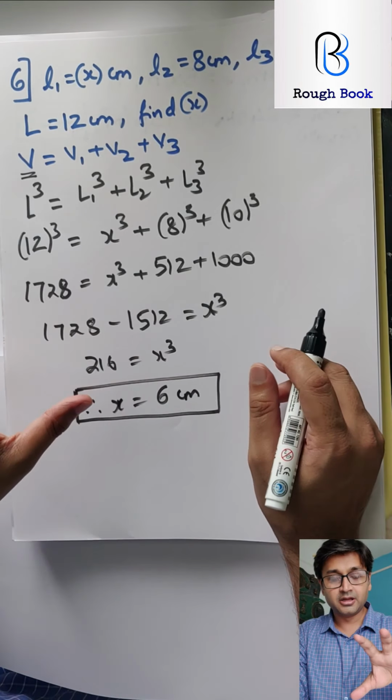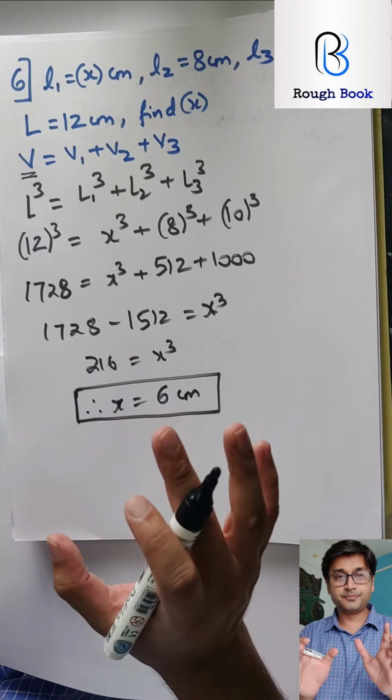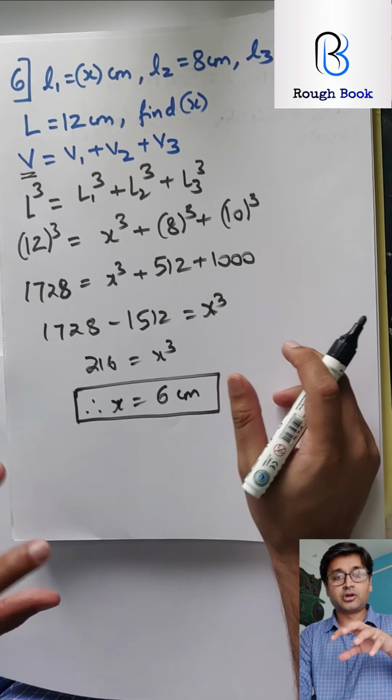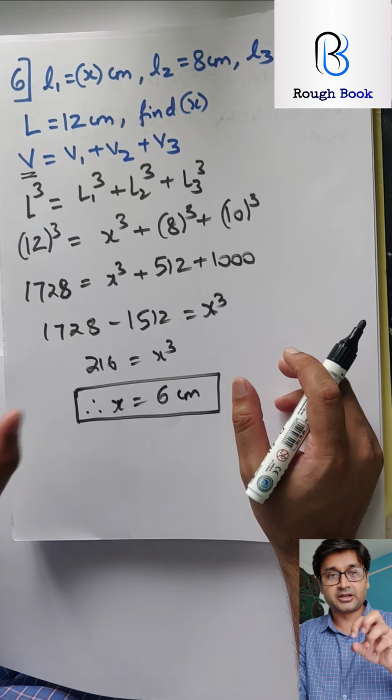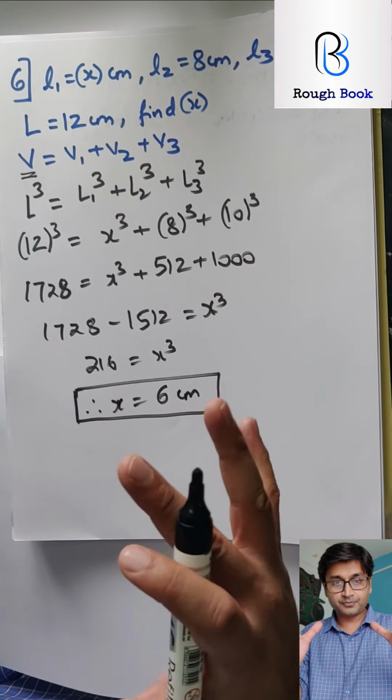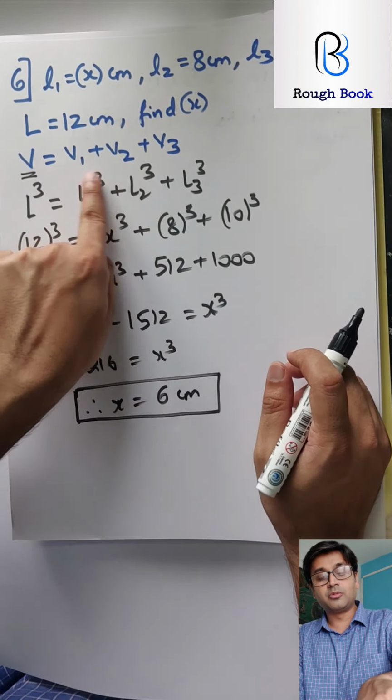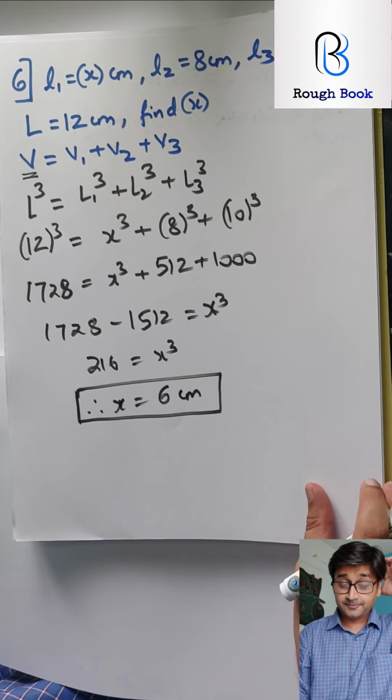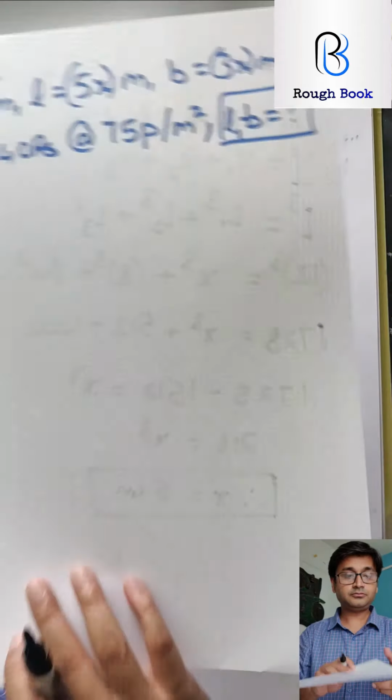Whenever they say melted, melted means volume, because what you are basically working on is each molecule within that particular object. So bigger volume, big cube, is equal to the volume of the 3 small cubes. Alright, let's go with the next one.